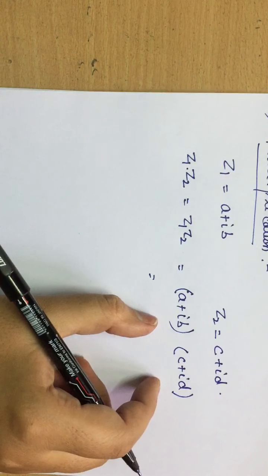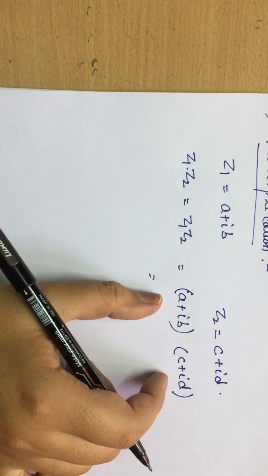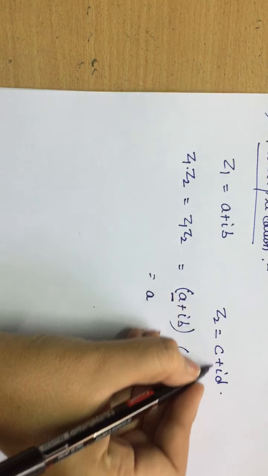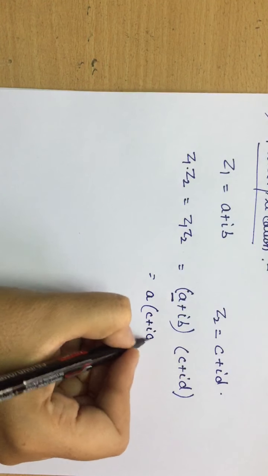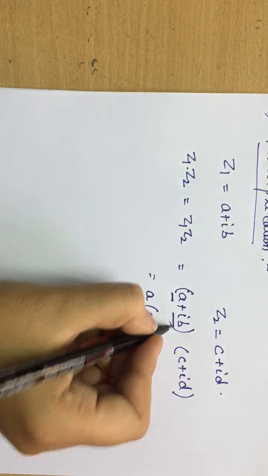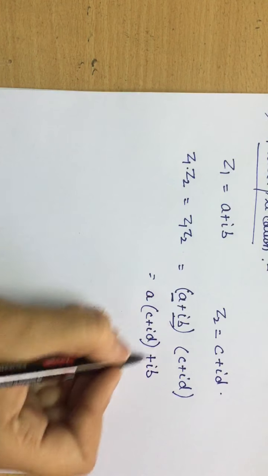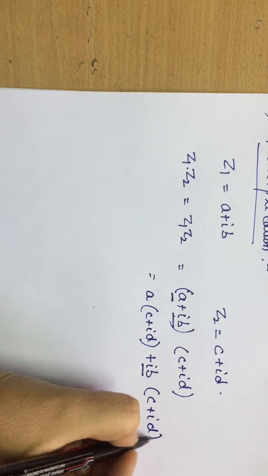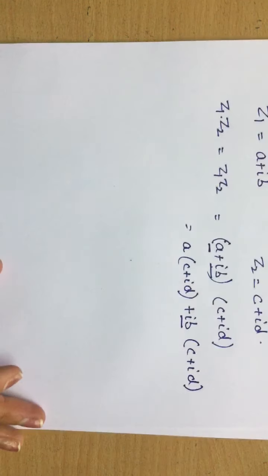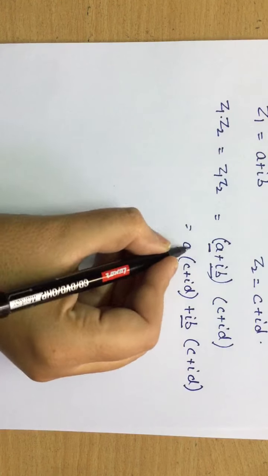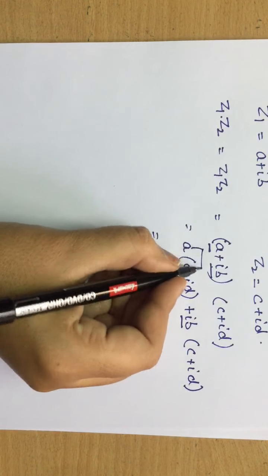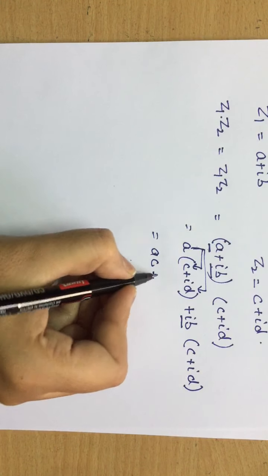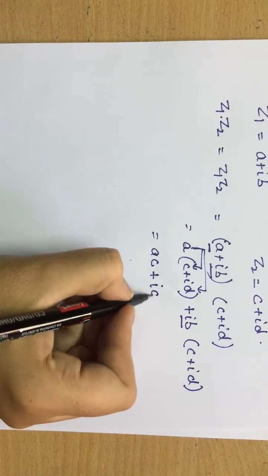Then apply the distributive law like we previously applied in lower classes. So write a and multiply it with the whole bracket. Then write the second value, iota b. Here I will take the whole value with the sign, iota b, and multiply with the second bracket. So then open this bracket. a into c: a will be multiplied with the first part, then a will be multiplied with the second part. Second part is iota, so a and d.